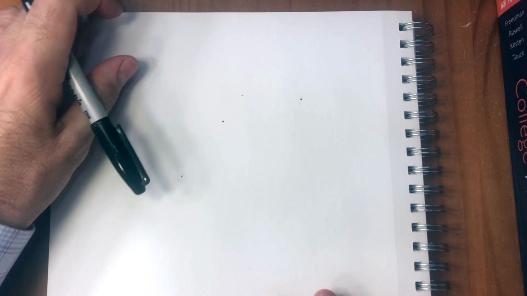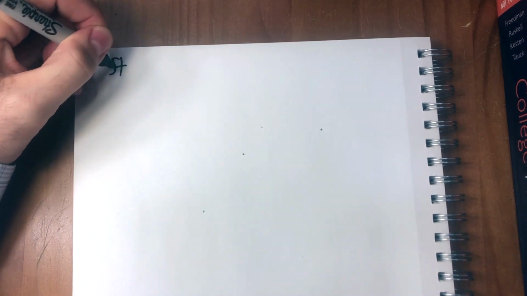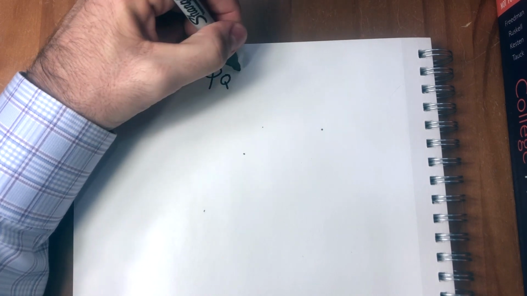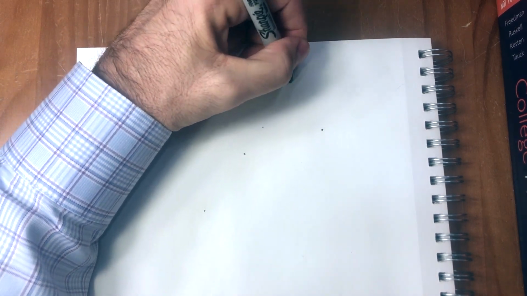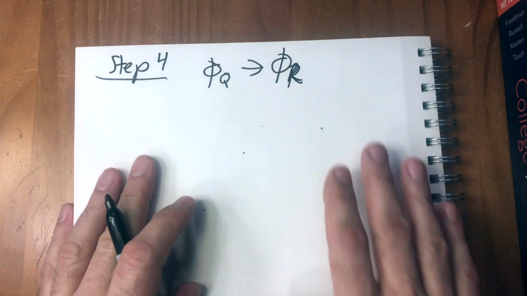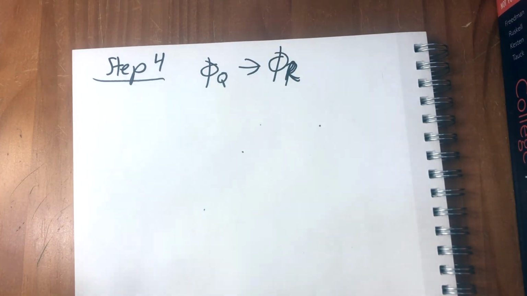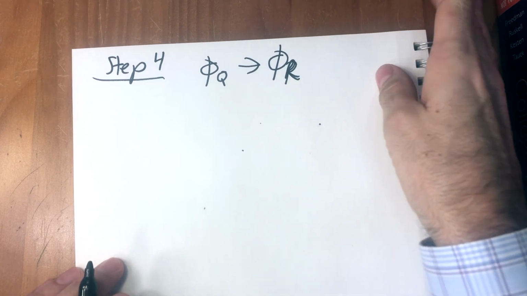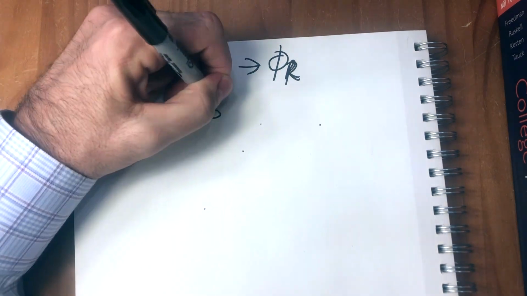Last video, we started step 4, which is extending phi q to the reals. In order to do this part of the proof, we need a whole lot of new techniques and some properties of Dedekind cuts that I went over last time. So now we're ready to move on to actually proving that phi r, the map that we've defined,